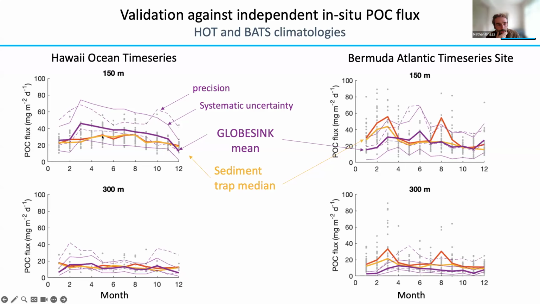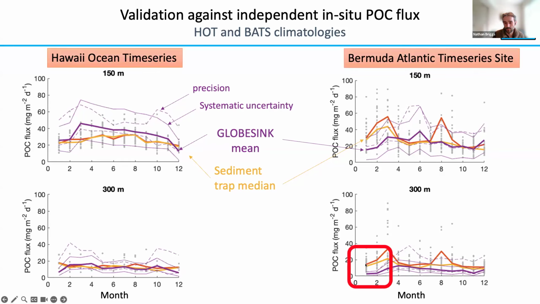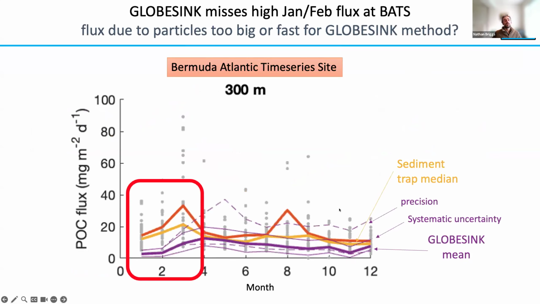Although there's a small systematic difference where GlobeSync is slightly overestimating. At BATS, we can see GlobeSync is right on most of the year, but there are events in the first 2 months of the year where GlobeSync is underestimating. And I'm just going to zoom in on this discrepancy in January and February,